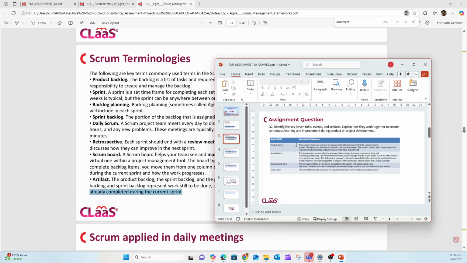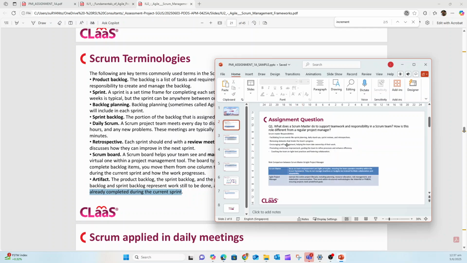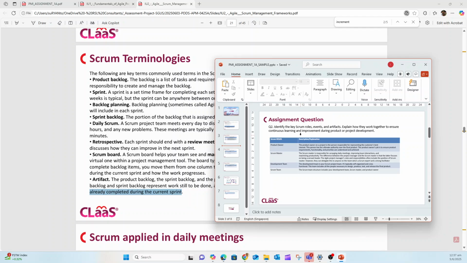Role comparisons between Scrum Master and Agile Project Manager. After that, identify the Scrum role, event, artifact. Okay, this is role and then events and artifact. But you have not explained how they work together to ensure continuous learning and improvement during the product or project development. Okay, so